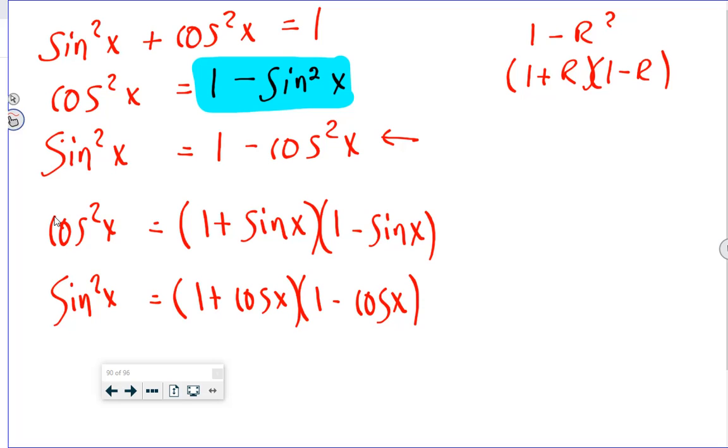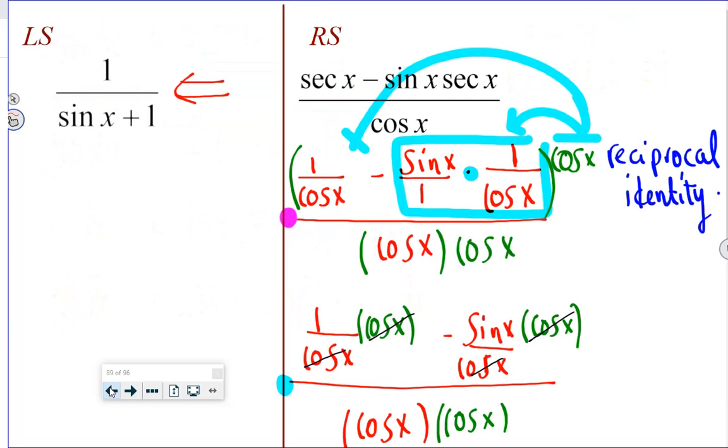Now, how is this helpful? Well, normally, everybody, you take something like 1 minus sine squared and you write it as cos squared. We're going to do the opposite. We are going to write